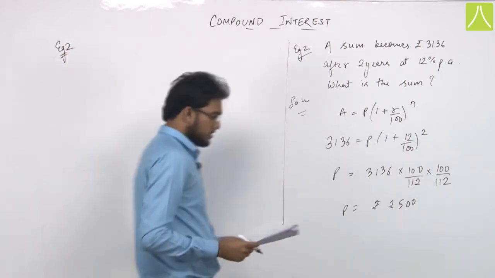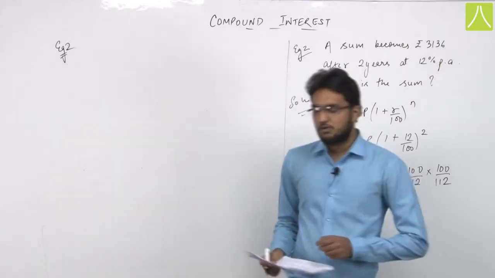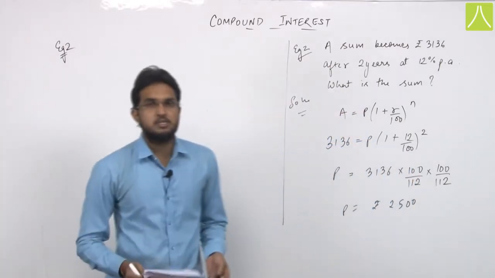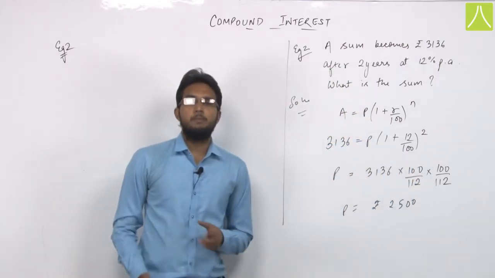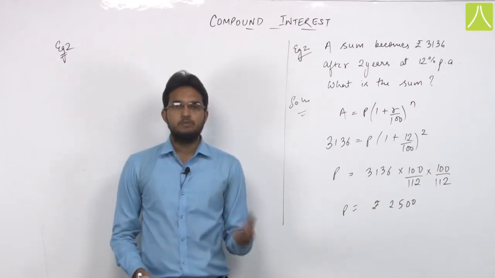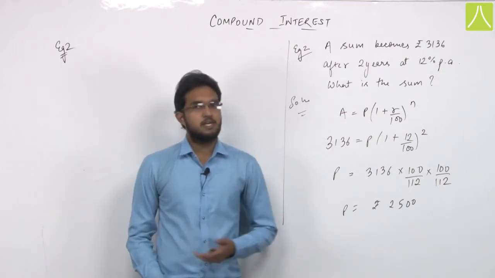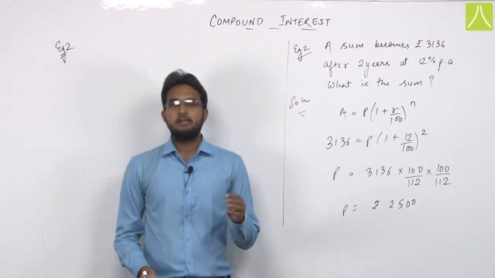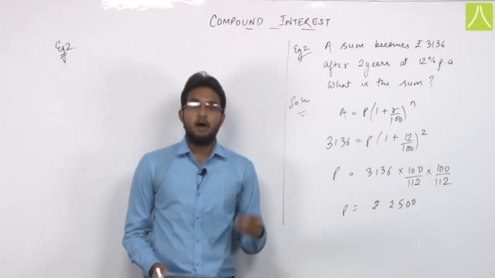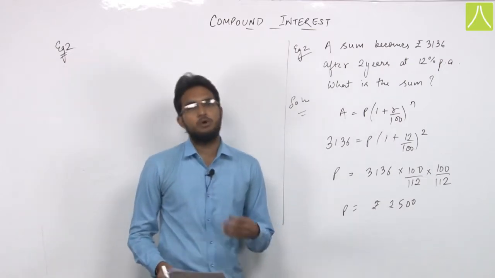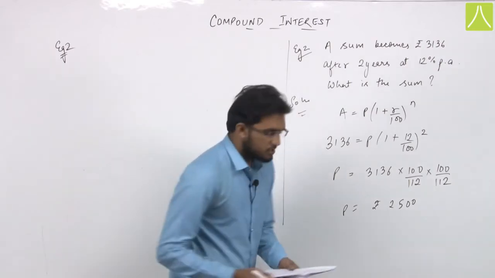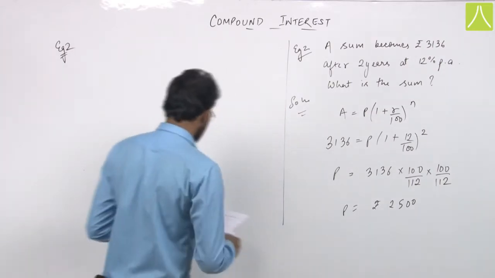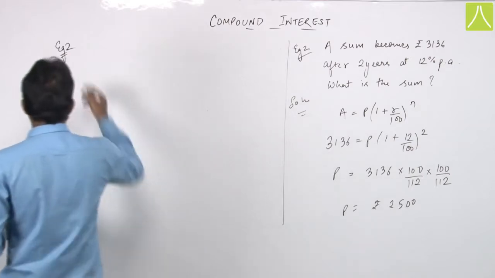Now if I talk about the fill in the blanks, that compound interest is... if you have to compare the compound interest and the simple interest, we can always say that the compound interest will always be greater than or equal to the simple interest. It cannot be less than the simple interest. It might be equal to simple interest but it is always greater than or equal to it. So this is the important note. Moving on to the next question.